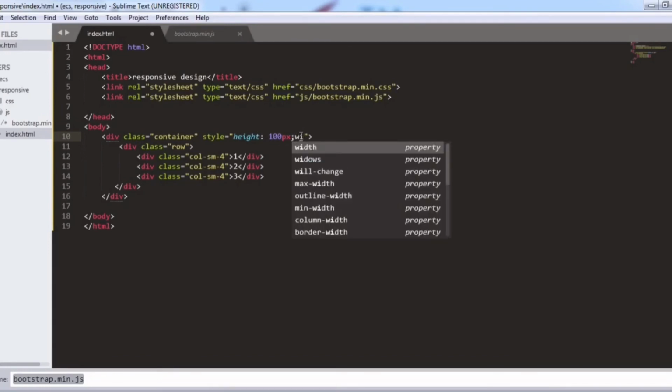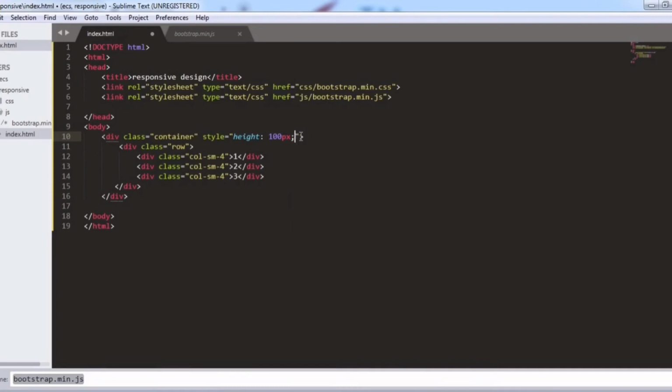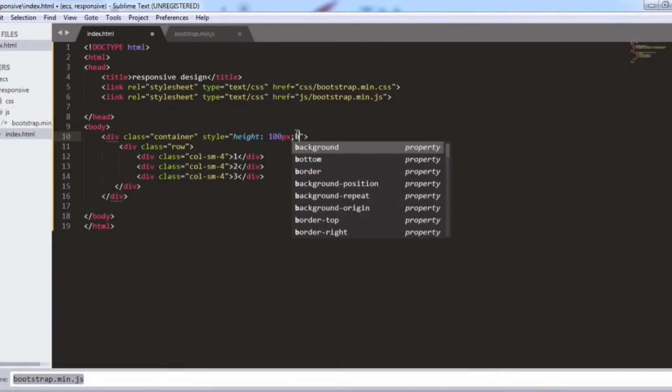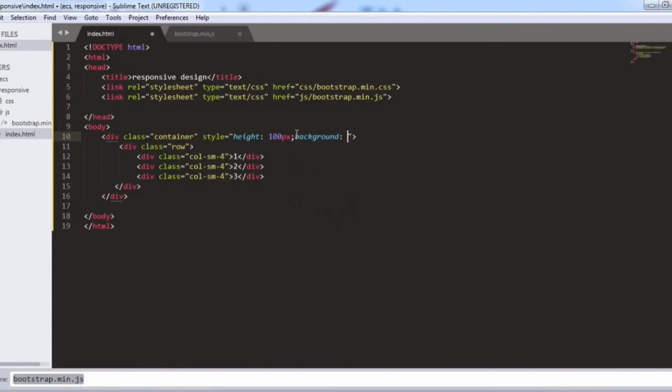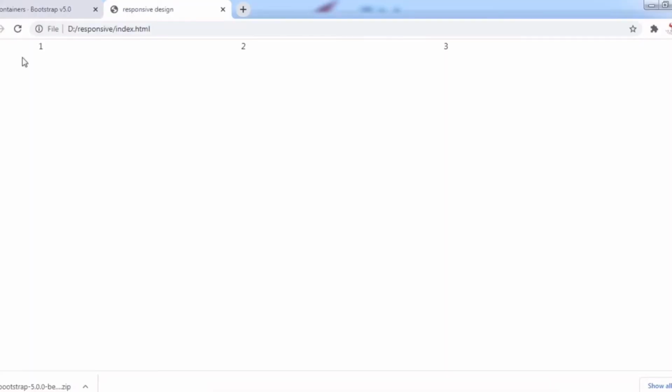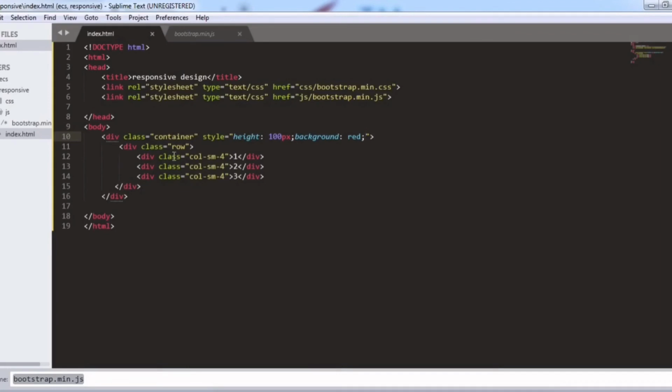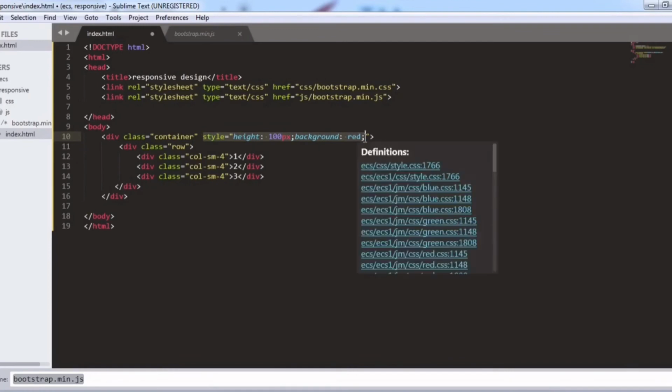Suppose I am giving the height that is 100 pixels and width, suppose I am giving my background color that is red. Save the file and we will check the changes, that is background color done and the height is also fixed.